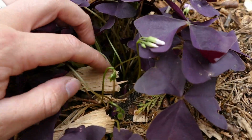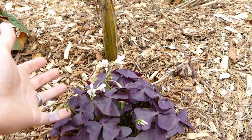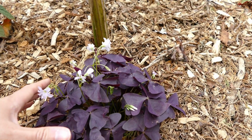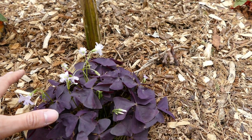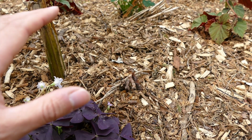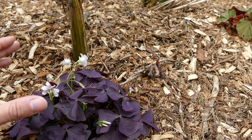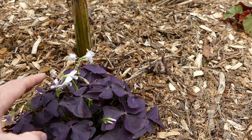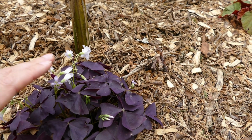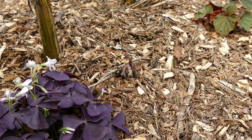There's loads of new shoots coming up as well. You can see the new leaves. It's been flowering non-stop all summer, so these have done really well, and these are just going to make a nice ground cover. Now eventually I'll probably put a different ground cover in here because it's quite a sunny bed, and these are good for shady locations, so I'll probably save these for a shadier bed eventually. But I just wanted to get them in the ground. They'll look great this year, and then maybe next year I'll transplant them and put them in a shadier part